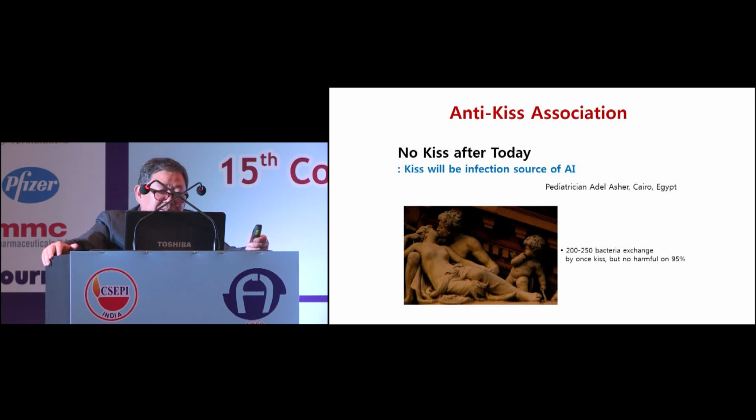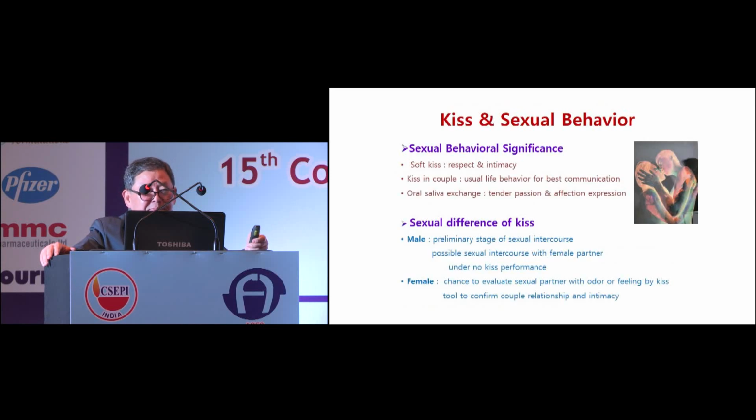Usually 250 bacteria are exchanged in a single kiss, but generally it is not harmful in 95% of kiss activity. This slide shows kiss and sexual behavior. Sexual behavior significance of kiss